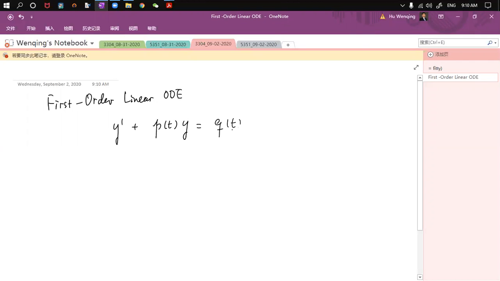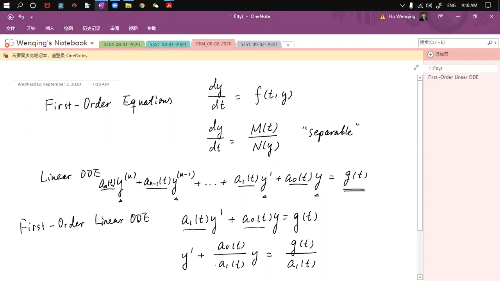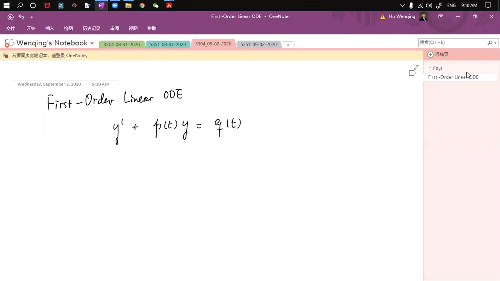where p of t is this part. We're going to set this part to be your p of t, and you're going to set this part to be your q of t. If you write this equation in this form, then we're going to call it, and this is very important,